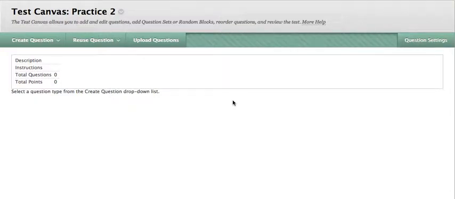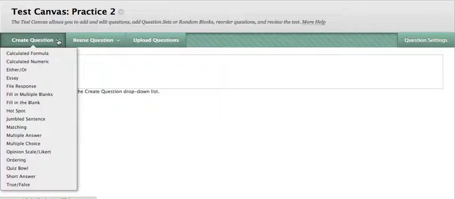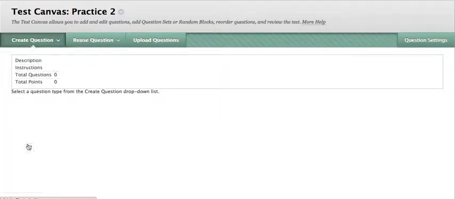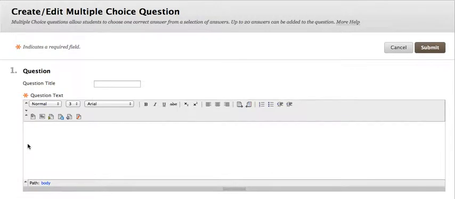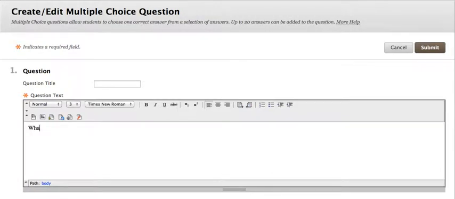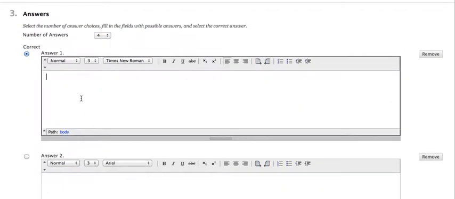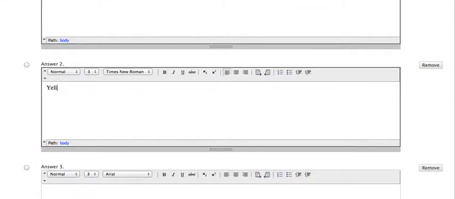Hello, I'm going to give a quick demonstration of how to add feedback statements to questions in Blackboard. Within your test, you can either begin a new test or edit a test that you currently have built. You are just going to add your questions or edit questions that you currently have. All that we're going to do is below our answer choices,